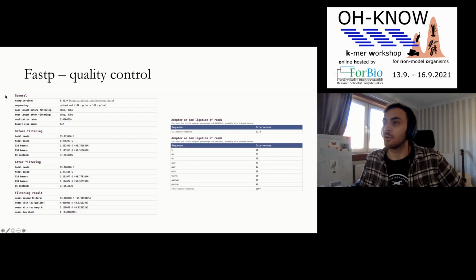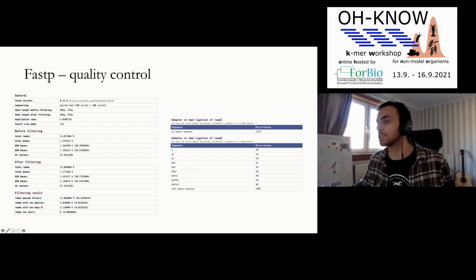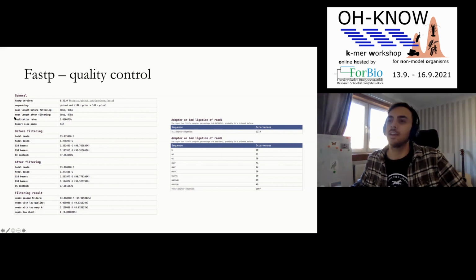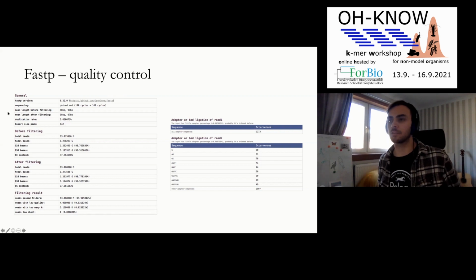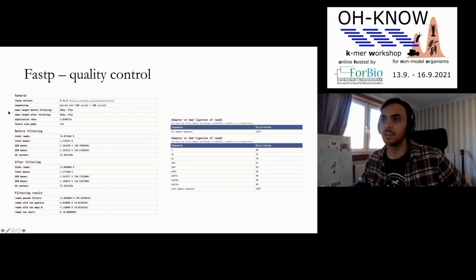When you give fastp a forward and reverse file of sequencing data, it will tell you everything you need to know about it. It will give you far more information than you'll probably ever use, but I think it can be particularly useful if you start to notice strange patterns in your sequencing data, which, if you work with sequencing data for long enough, will happen. And for that reason, I think it's a bit better than FastQC, which sometimes highlights patterns that aren't real and sometimes misses things which are.